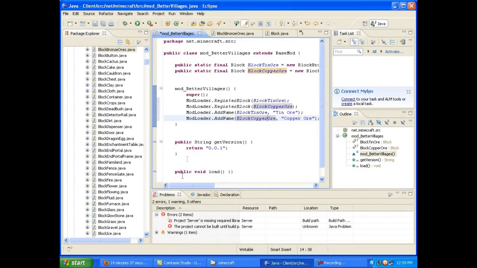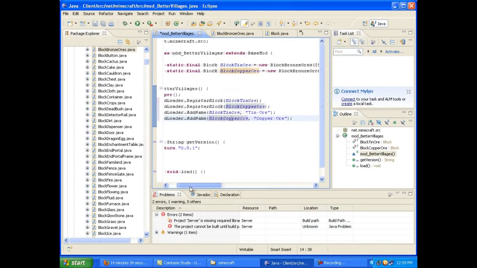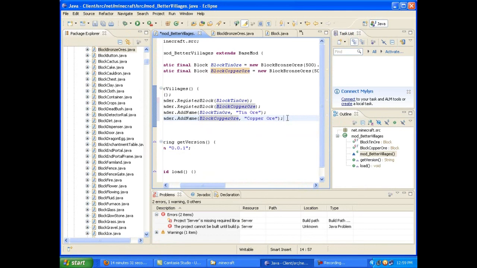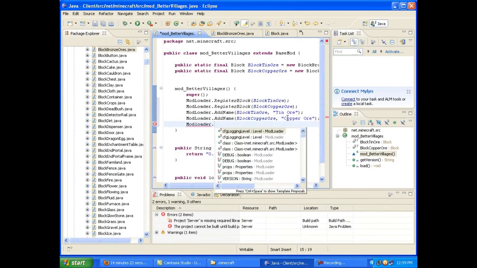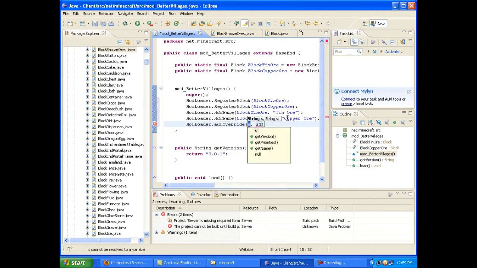Okay, so we left off right here. We were making block copper ore, giving it a name. Let's see. I think all that's left to do now is you go mod loader dot add override, and what you want to do here is inside quotation marks like this, you do slash